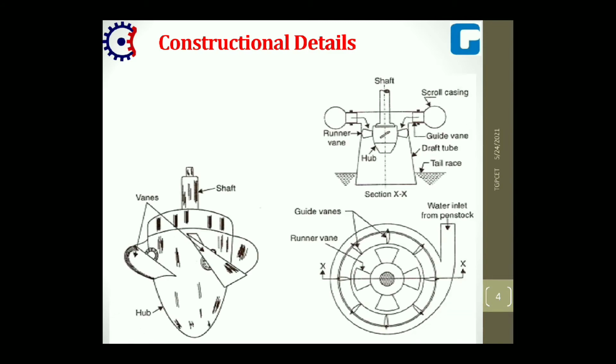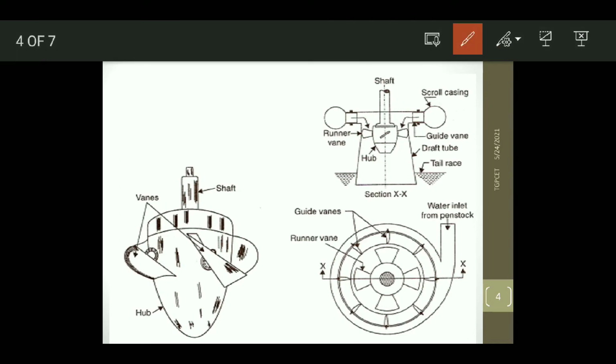In this diagram we can see the runner, the front view and the top view of the Kaplan turbine. Here we can see the shaft, runner vanes, guide vanes, draft tube, and tail race. And in the top view we can see the guide vanes, runner vanes, and the water inlet.